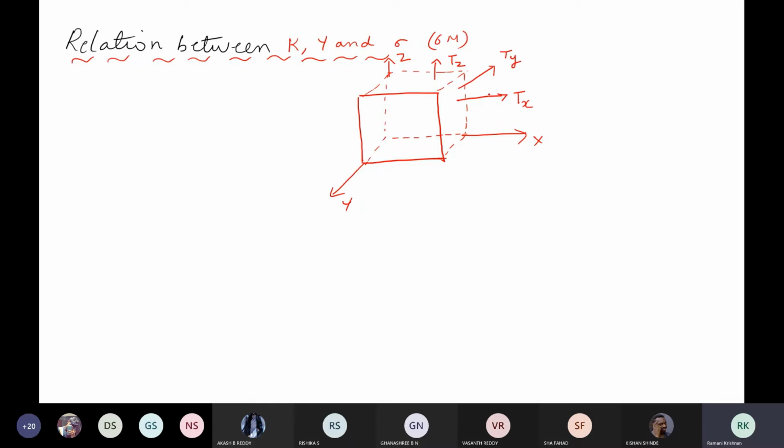There can be inward stress also. So this stress is going to expand the cube. It is going to expand the cube, right? So what I'm saying, let Tx, Ty, and Tz be the outward stress acting on the respective axis. Okay, right. Now, because of this, let us see the next thing.